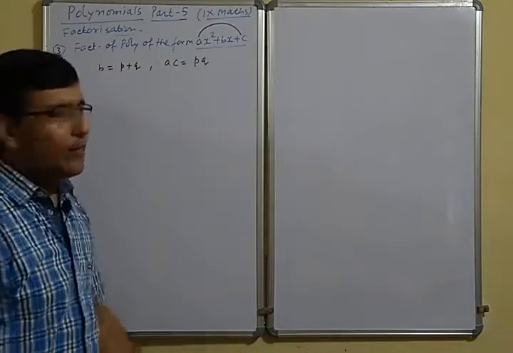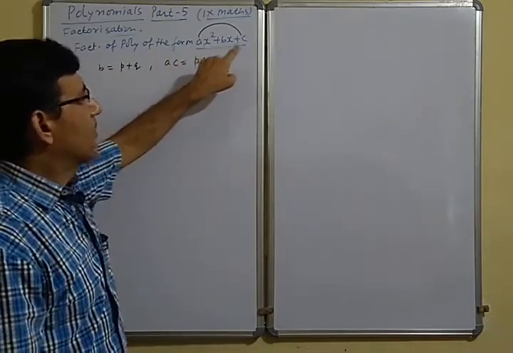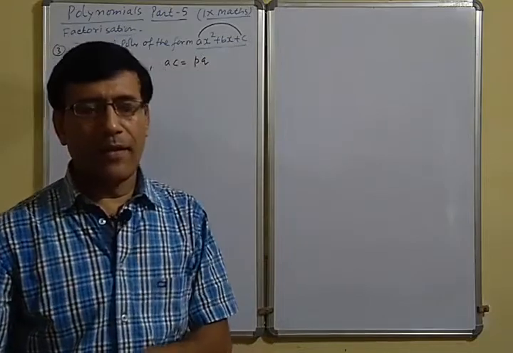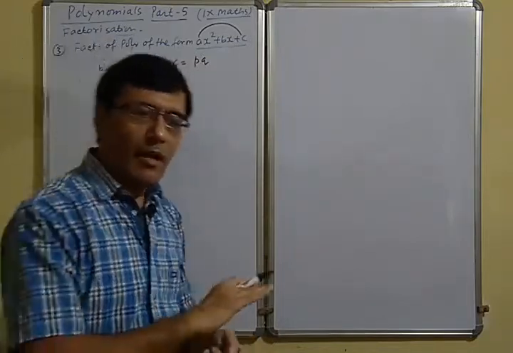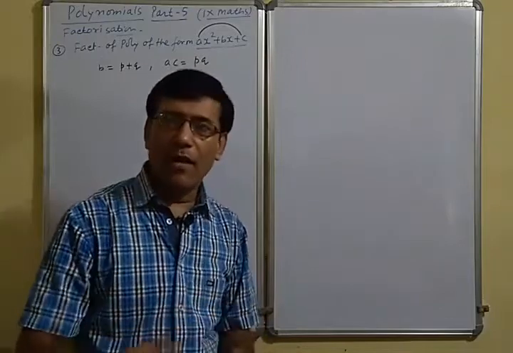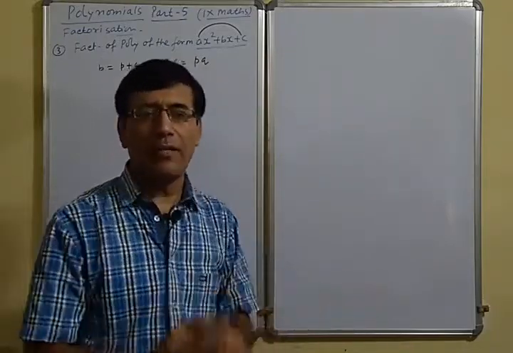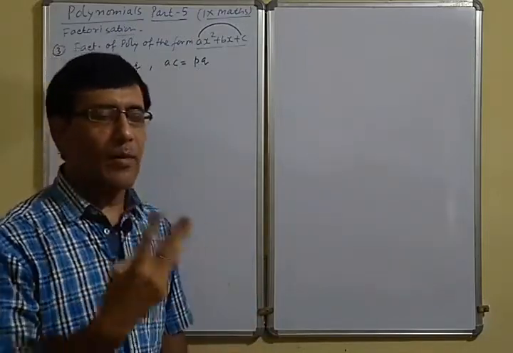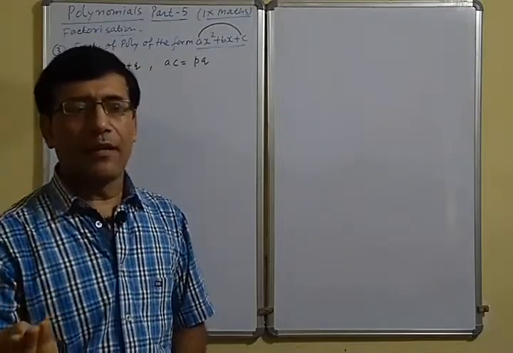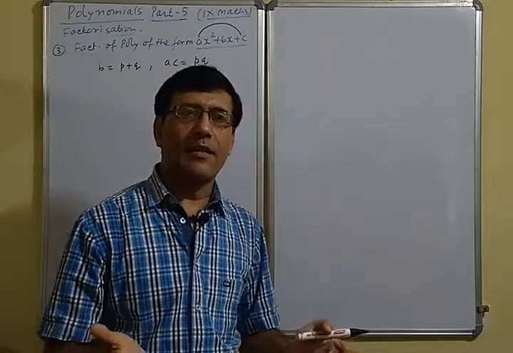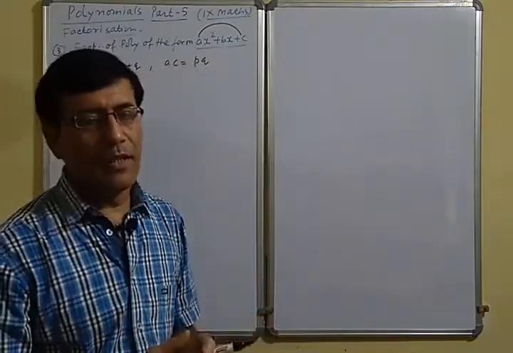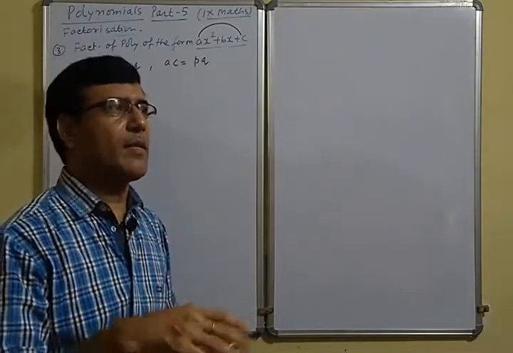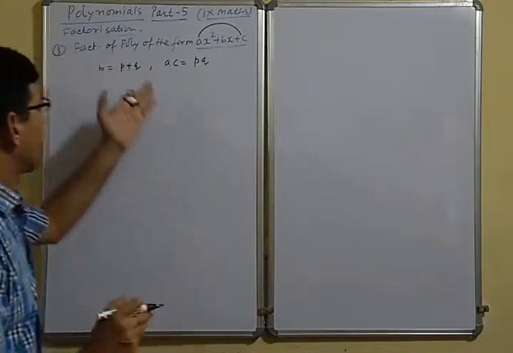One thing is important here. Whenever you factorize it into 4 different terms, either all terms will be positive or all will be negative. If all are negative, in that case we take the minus sign common. Otherwise, in most cases you will get 2 positive and 2 negative. If we get 3 positive and 1 negative, or 3 negative and 1 positive, we cannot factorize it. So whenever you use this method, most of the time you will get 2 positive terms and 2 negative terms. Sometimes all 4 are positive.